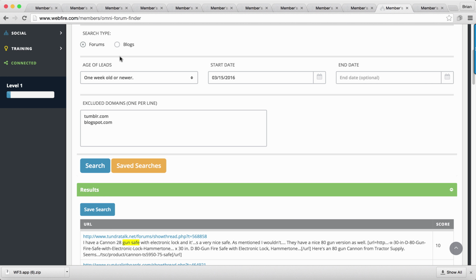You don't want to be too specific where there might not be lots of leads, but at the same time you don't want to be too broad where there'd be too many leads. But obviously an easy tool to play around with, and a great tool to find tons and tons of leads with. Another great lead tool that we have is called the Ranked Lead Finder, and here's a saved